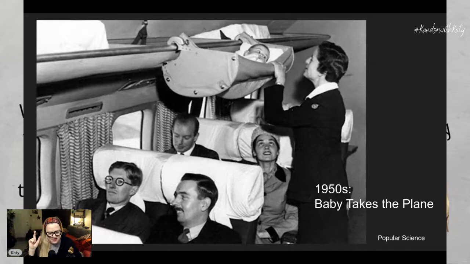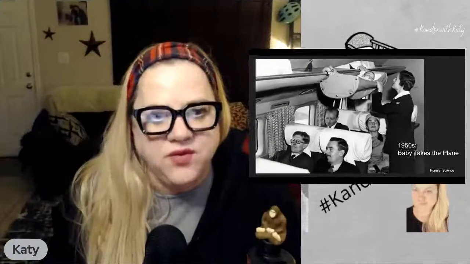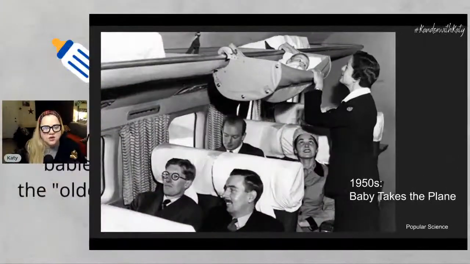All right, it fastens securely to the parcel rack overhead, has a protective net to keep the little one from popping out in rough air, and still keeps him handy for those much needed maternal attentions. But if you really look at that, okay, if you really look, he or she or they, whatever, the luggage is not strapped down. The luggage is not strapped down.